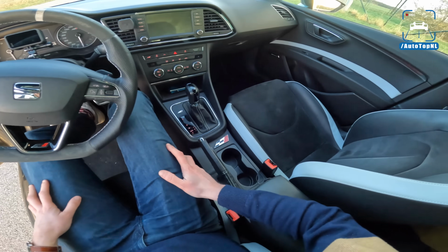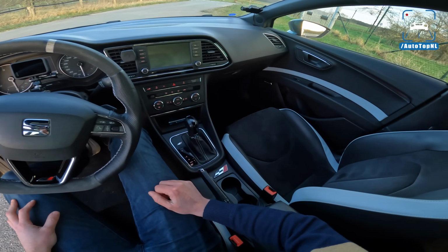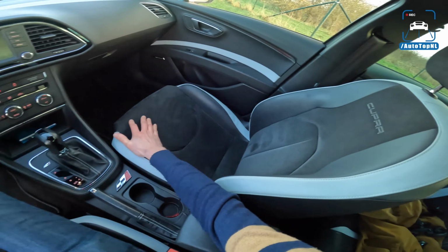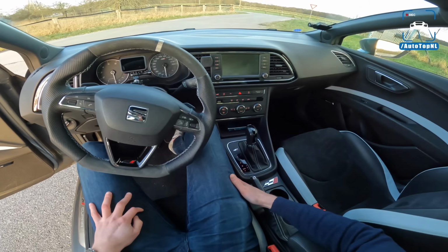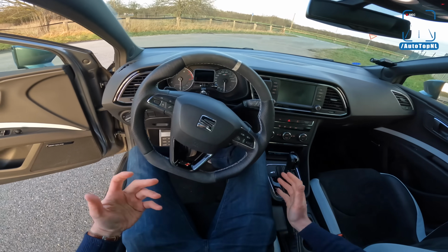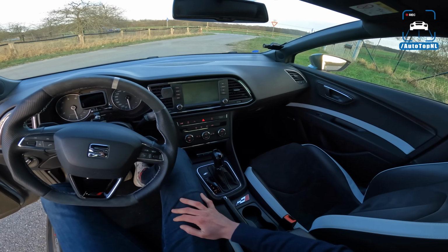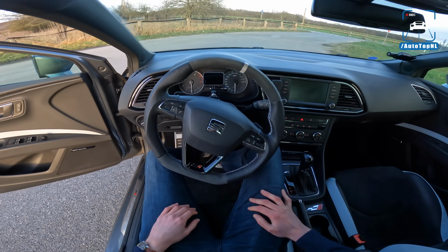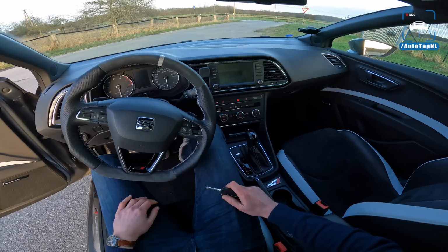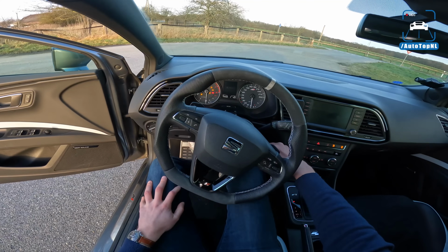All right, so interior wise, completely stock as well, as is the outside, of course. We've got these Cupra seats, very nice, with this Alcantara and this two-tone, super supportive, very comfy, and I just love a Cupra. It's such a good daily driver. It's a really good hot hatch, and you guys will see that with this power it is even cooler. So let's start it up, and again,